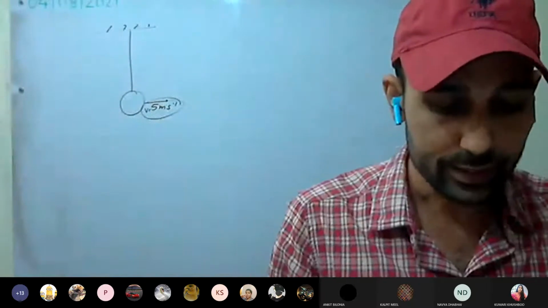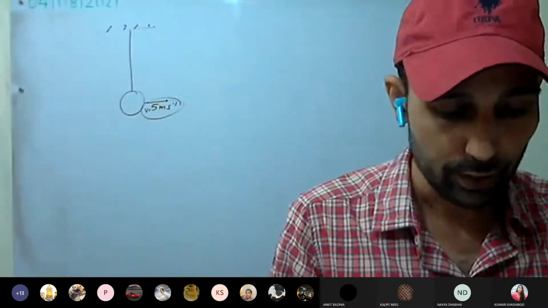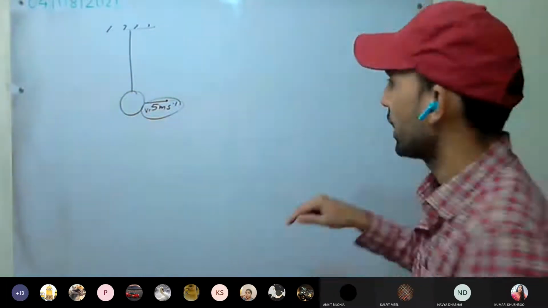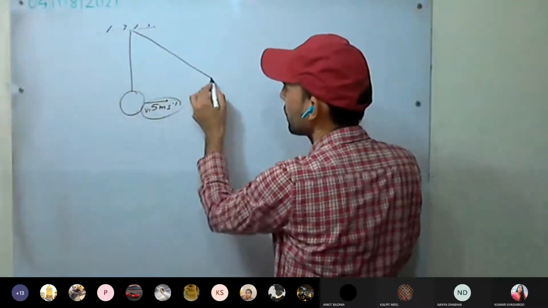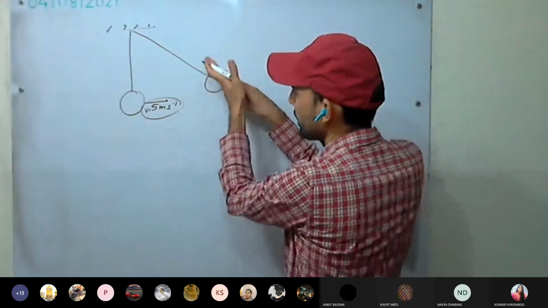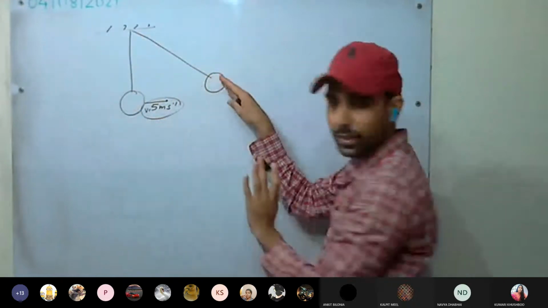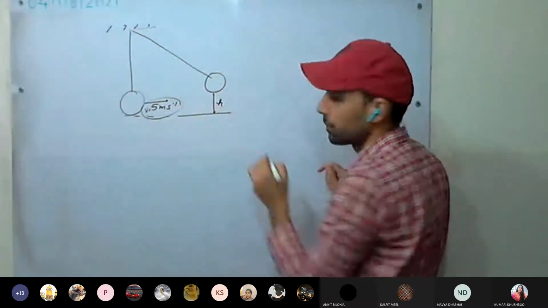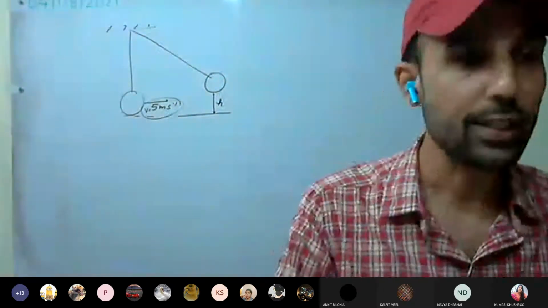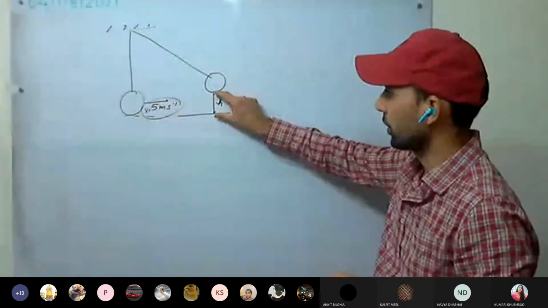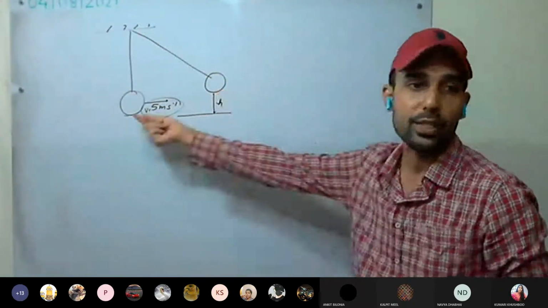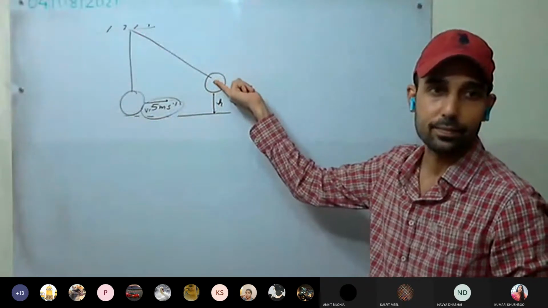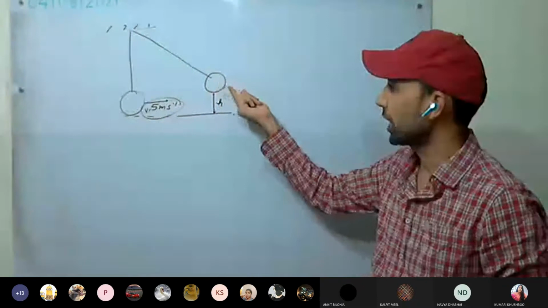Okay. When it is at its mean position, to what maximum vertical height will it rise on reaching the extreme position? Now it will move to the extreme position, stays there for a moment, comes back. This happens. So we have to calculate what maximum vertical height it reaches. Vertical height is this much. Maximum vertical height means at this position, all the energy will be stored as potential energy.